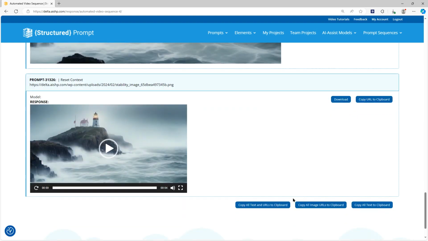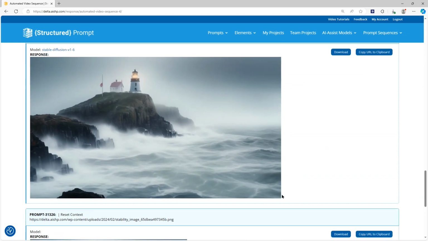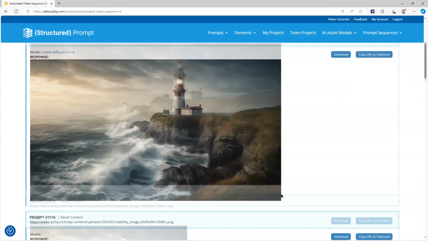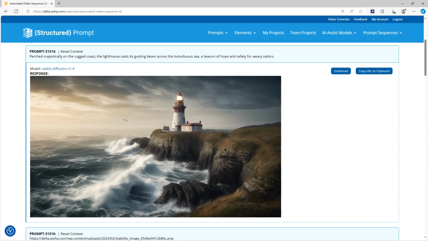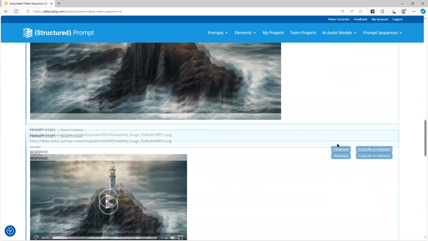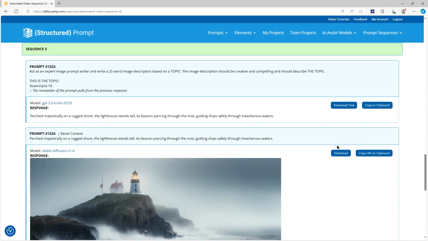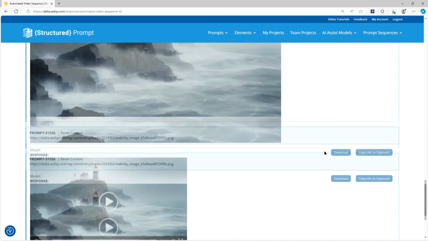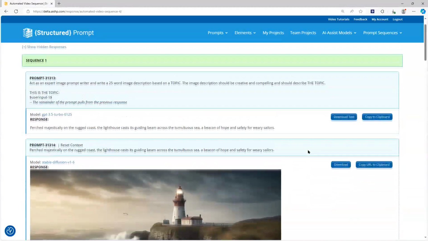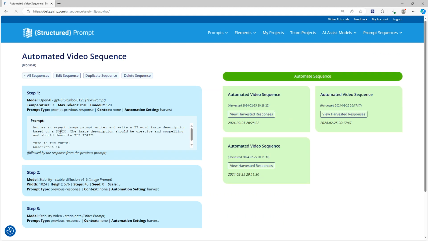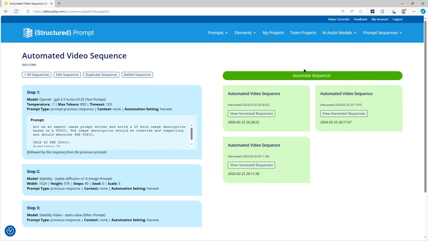At this point, it runs each one once. What I need to do, or would like to do actually, is have it so that you can generate your images first, and if I like this image, just have a create a video button and have it then generate the video for the image that you like, or maybe even 2 or 3 videos at a time. But at this point, if I wanted to create a quick one-off video, I could just come to this sequence,